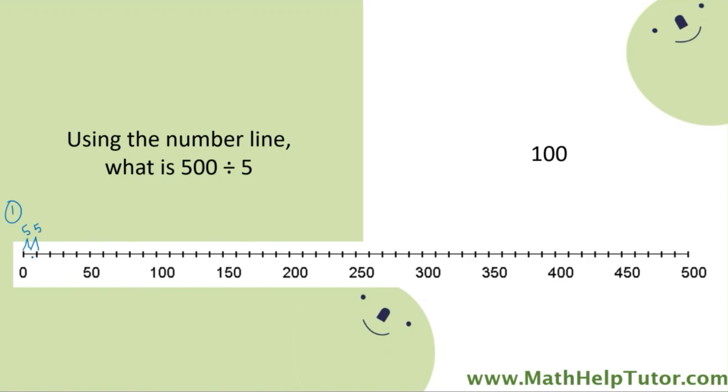So what we could do is count the number of divisions from 0 to 500 and then multiply them by 2 to get the number of 5s from 0 to 500. But that is much more tedious, right? So probably let's do the second method, which is we divide 500 into 5 equal sections and then count how long each section is. So if we divide 500 into 5 equal sections, that would be